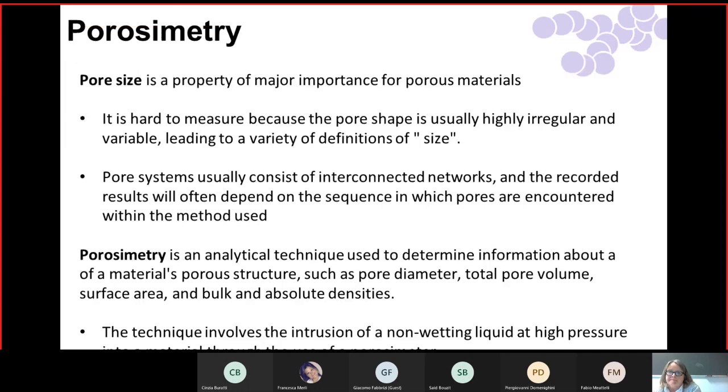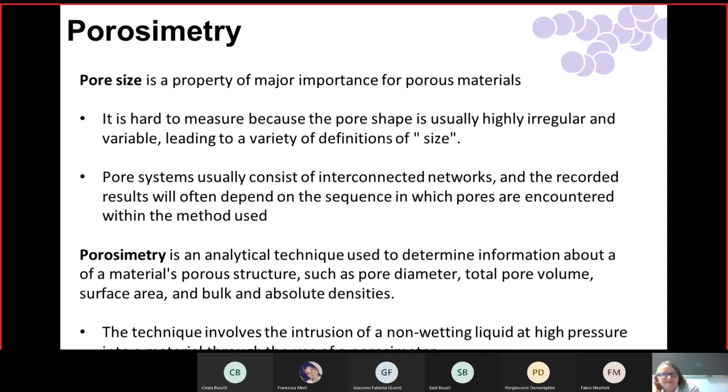So now I'm going to talk a little about porosimetry. What I just talked about was kind of average values of density and porosity that we can get. And I talked about the difference between bulk and skeletal. Now I'm going to talk about ways to actually measure pore size. Okay, so it's a pretty important property. It is hard to measure because